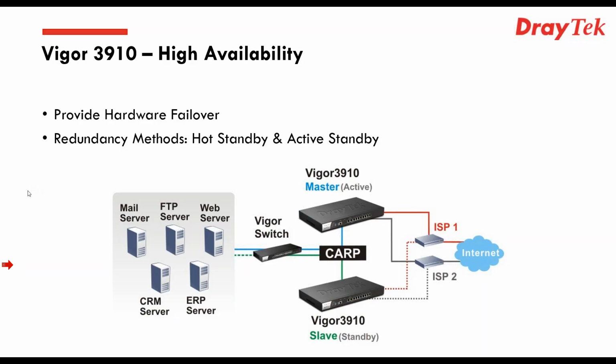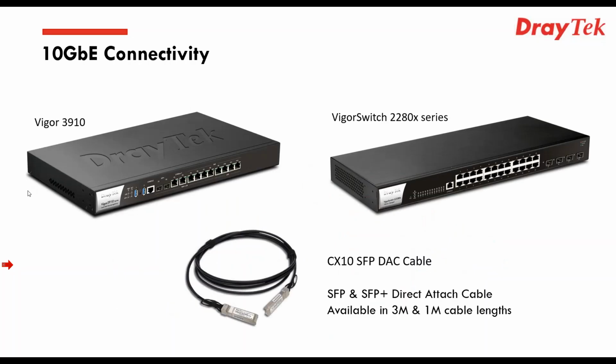Okay, next we will move on to the connectivity functionality, the high throughput 10 gig connectivity provided by the Vigor 3910, which I've mentioned, which is available across those two SFP plus ports, port 1 and port 2 there. Now, this is really very suitable for connecting to any other 10 gig equipment that you might already have on the local network. Potentially you might have a local NAS that supports 10 gig throughput, but also we have actually